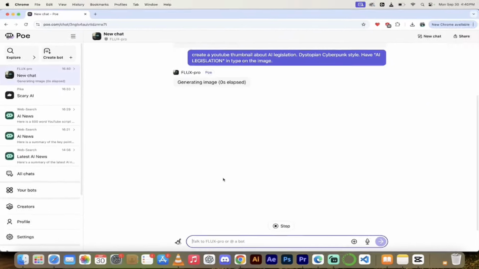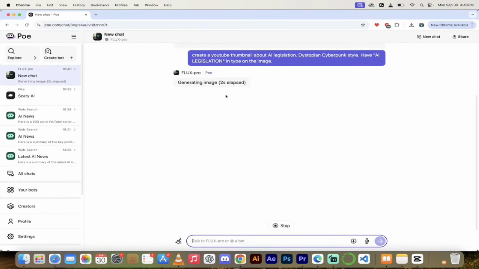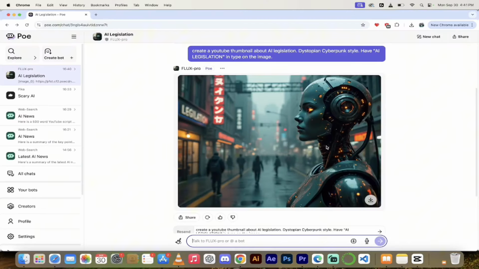I'll hit enter. It's going to use Flux Pro. Flux Pro is pretty good. It's not perfect, but it's quite good at getting text correct as well. So I'm going to come back when this is done. It should take just a few seconds, show you what we got, and then we're going to go a step further. All right, so here's the first kick at the can, and I'm going to be honest with you,